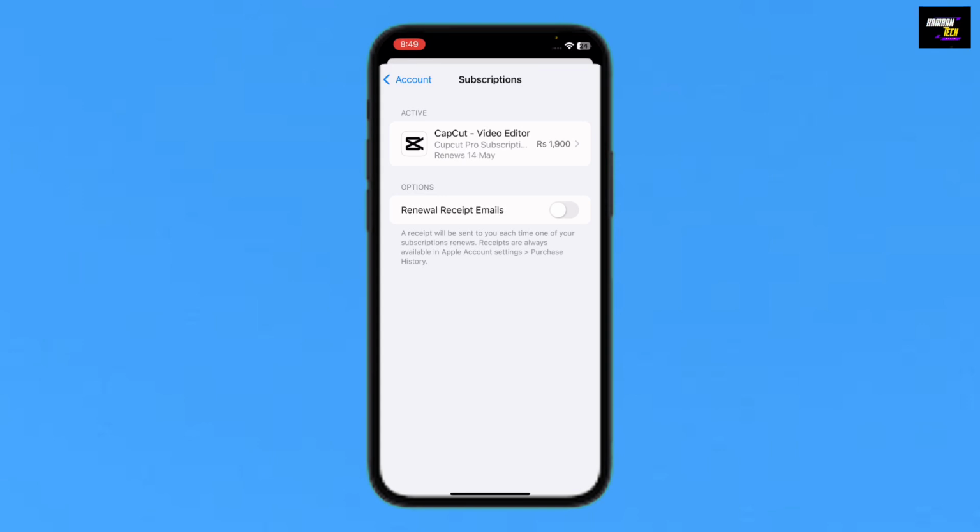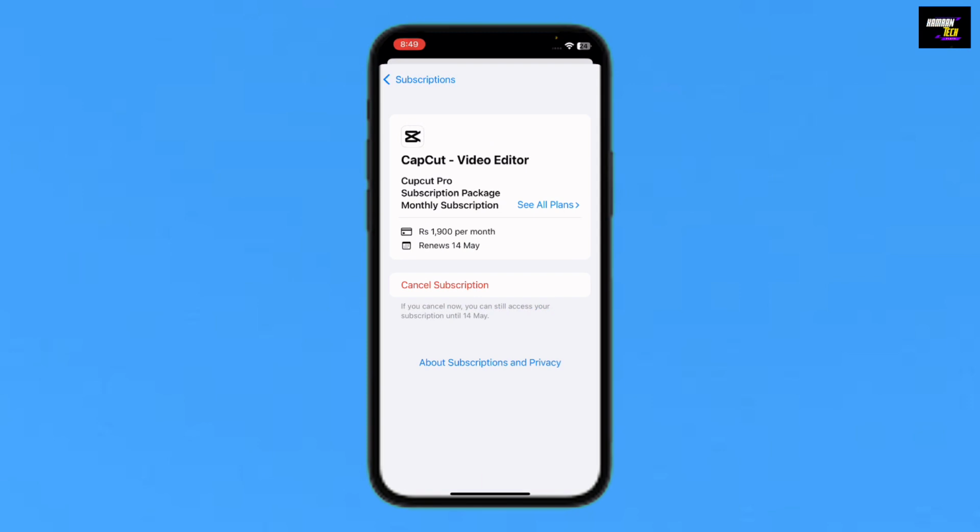After it loads, you will see all your subscriptions here, and you can unsubscribe from some apps from here when it's loading. There is only one subscription, so I will just tap on it as well, and from here I will just cancel the subscription. Just tap on it